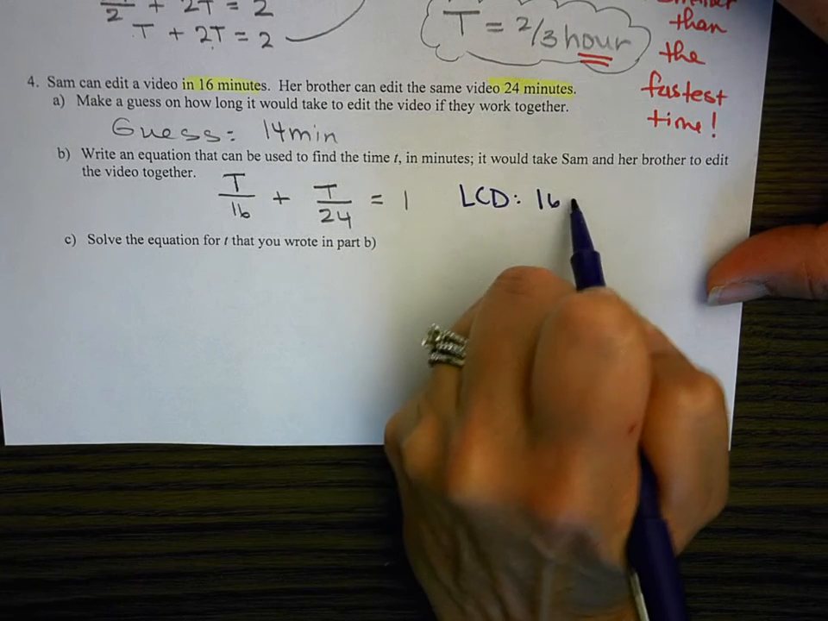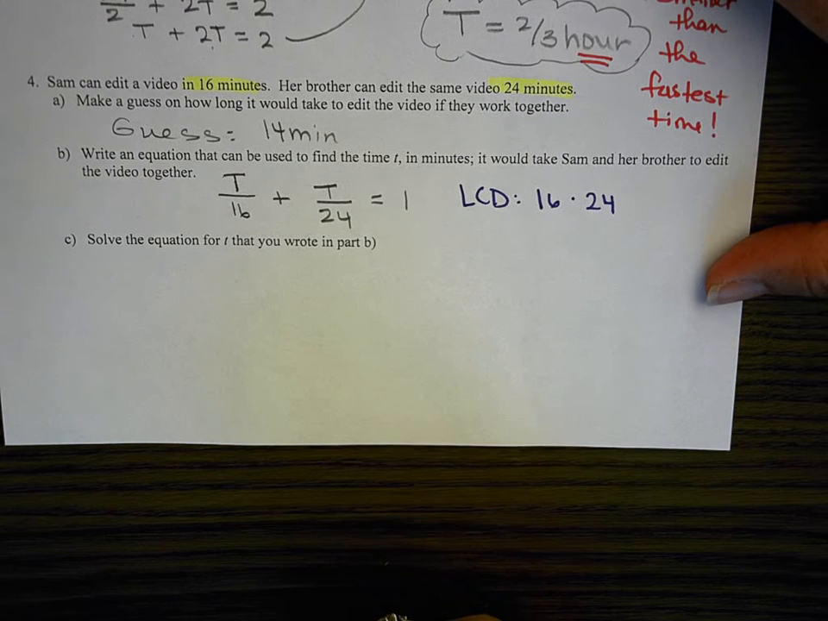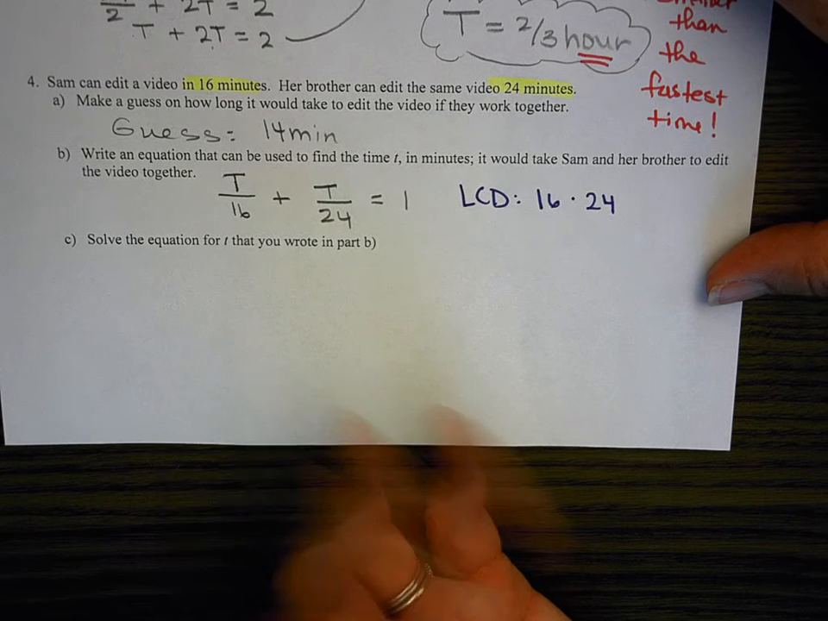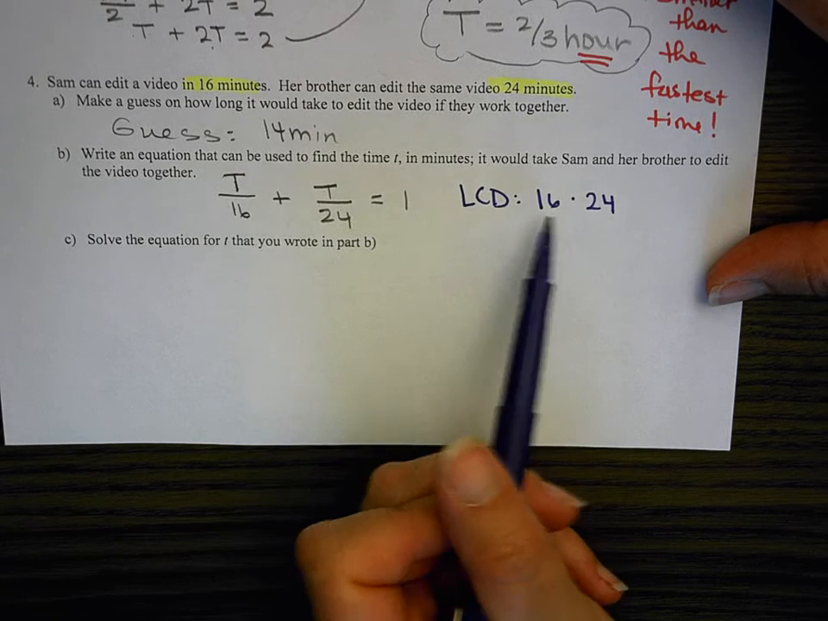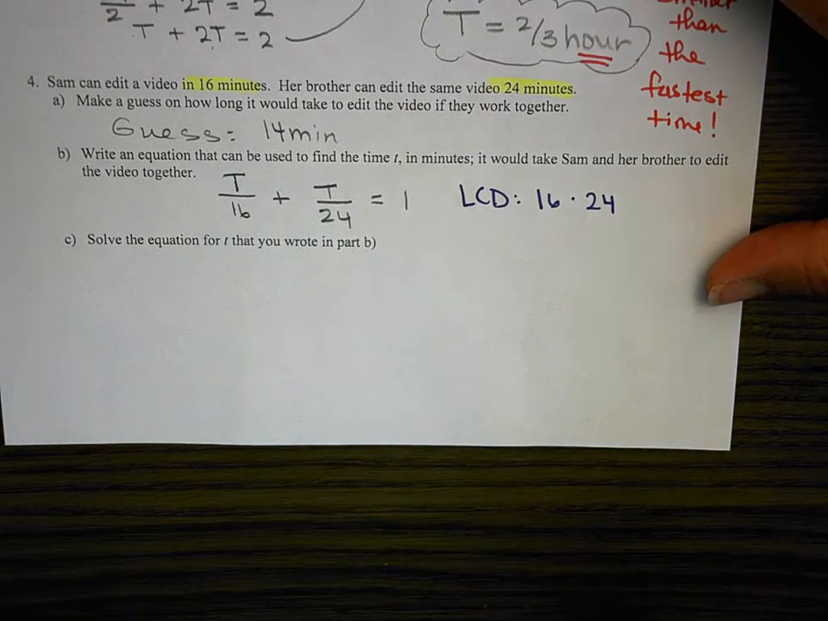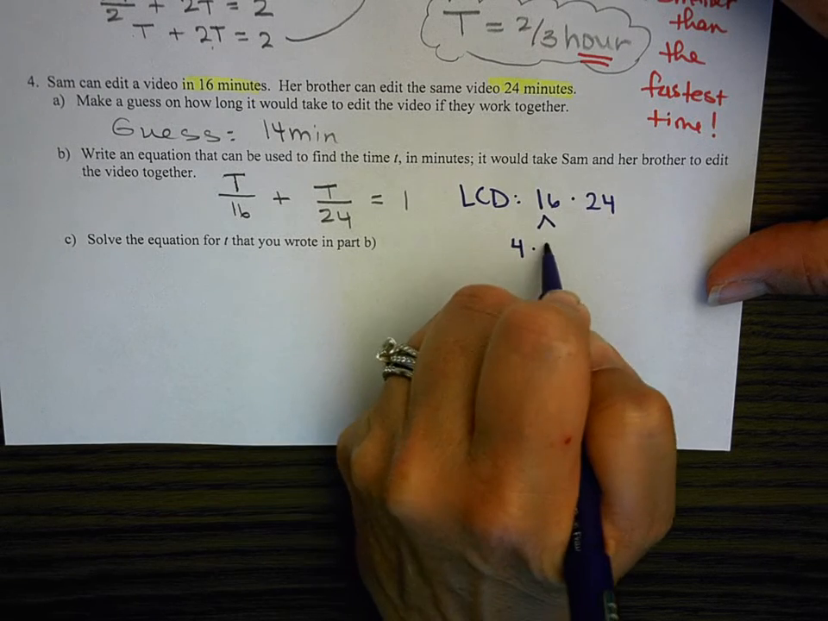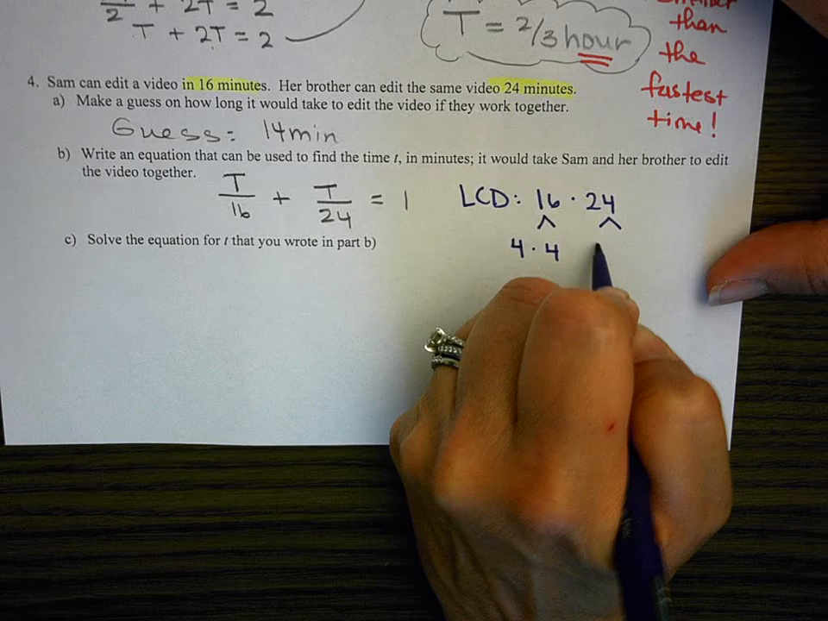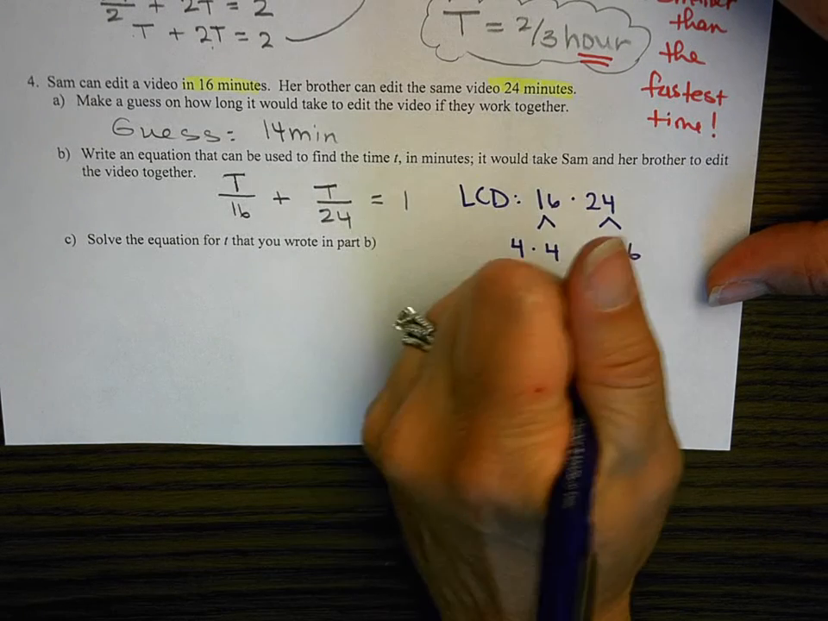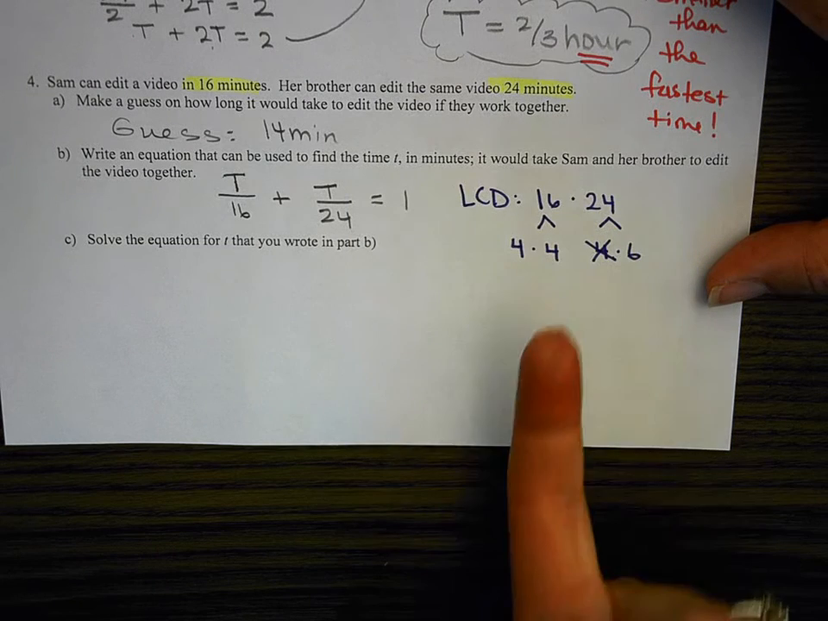So we have 16 times 24. But we always want to divide out common factors so that we're not using that twice, right? So I know these both have a common factor of 4, so I can divide that 4 out. But I'm going to use factor trees so that we can see that. So I have 4 times 4 and 4 times 6. So I don't need 4 to show up twice, right? So I can just cancel out one of those 4s because I don't need them